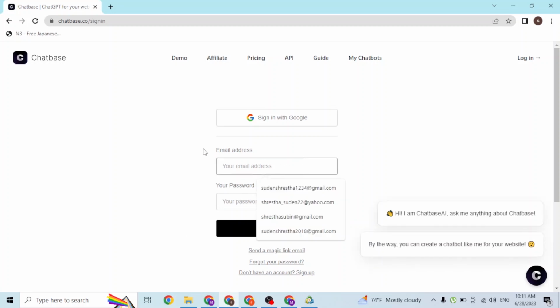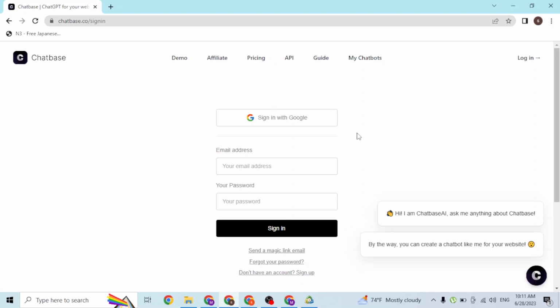But guys, this is a manual login. You can also log in with an automated way, which is the sign in with Google button over here. If you click on the sign in with Google button, a login page to your Google account will open. And if you sign in to your respective account,